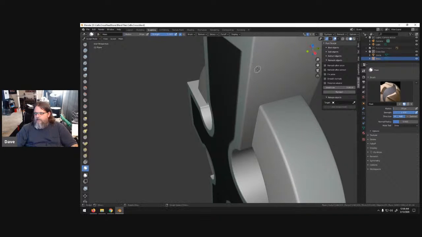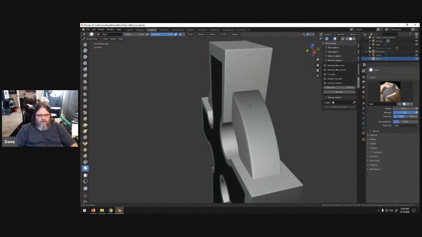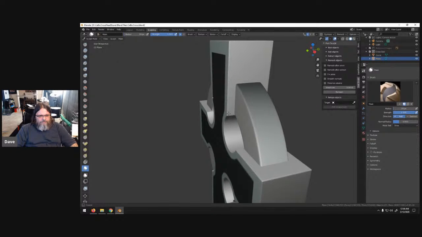The model that I created earlier, I just used way too much detail and it kind of looked like shit. So,